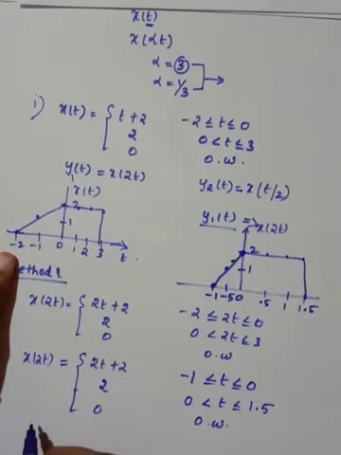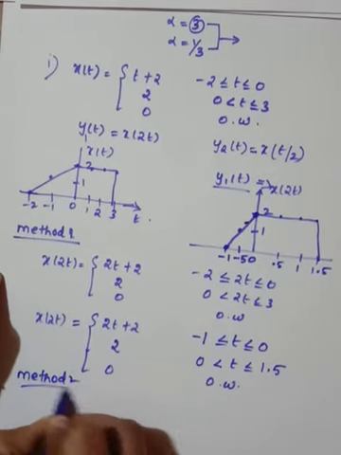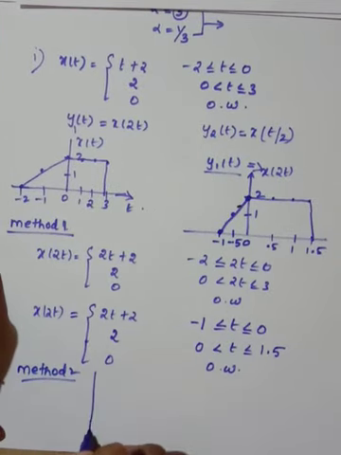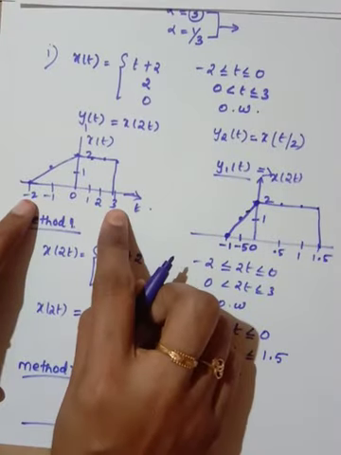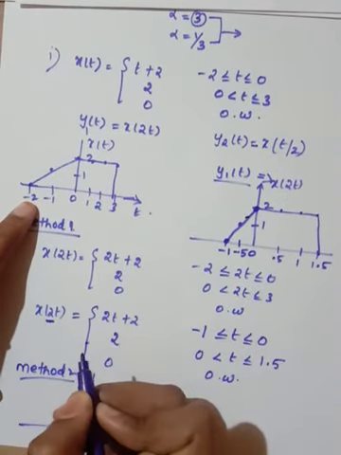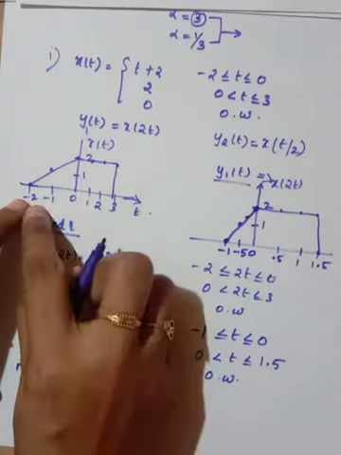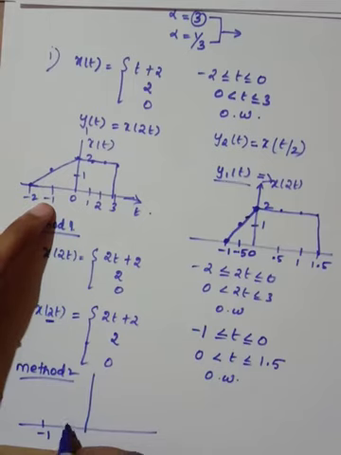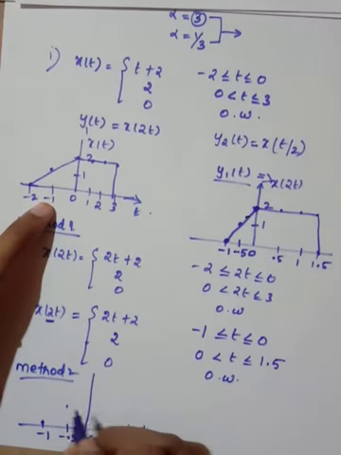Now see here, I am going to solve this using method 2. You can directly use this method. Just take the minimum range and maximum range. What is the scaling value here? It is 2, so divide by 2. So what will you get? -2 divided by 2 gives -1. Here you will get -0.5, 0. Here when you divide by 2, you will get 0.5. And 1 will give 1.5. That's it, the remaining things are the same.